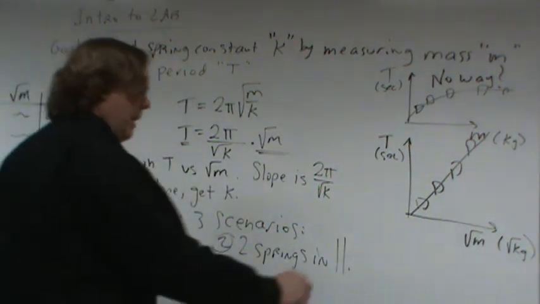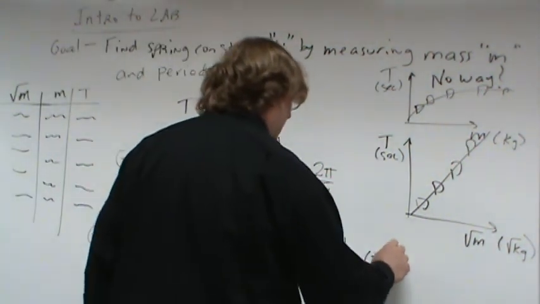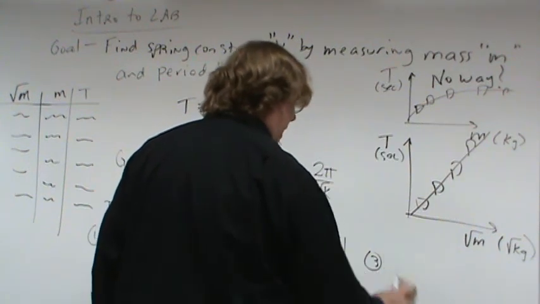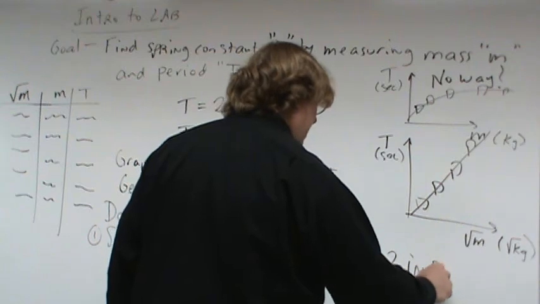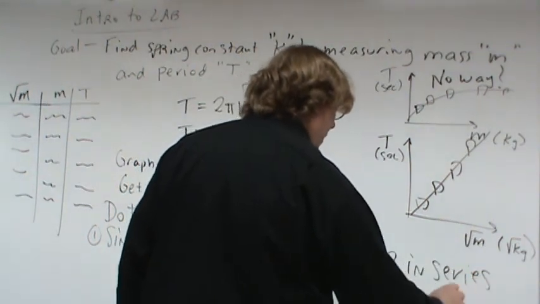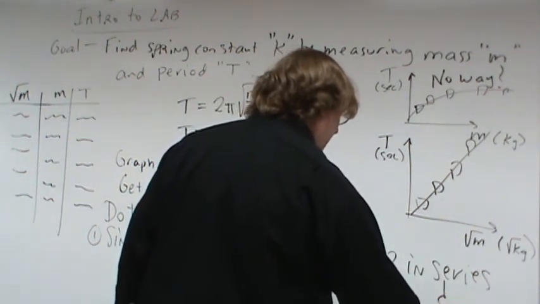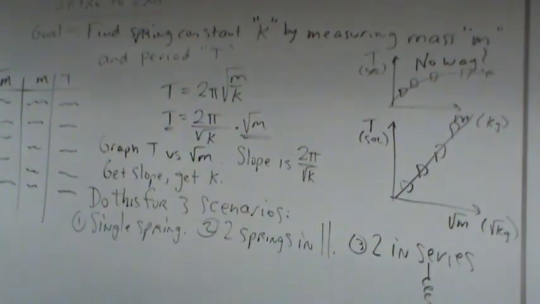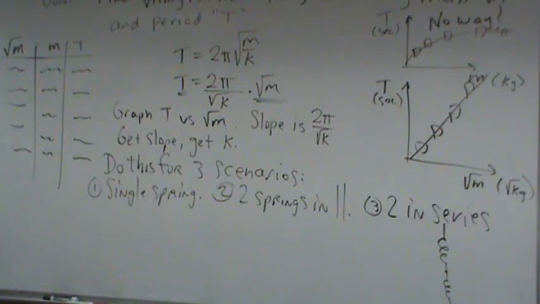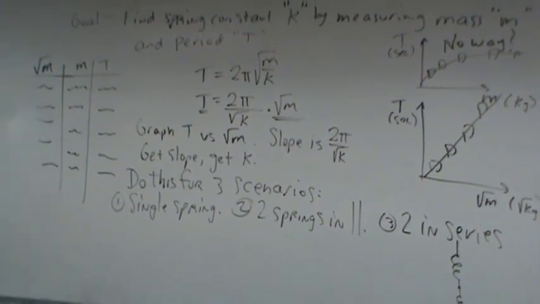And then the third scenario is going to be 2 springs, these same 2 identical springs in series, which means they're connected end to end. That's what I mean by them being in series, connected end to end. And so one of the outcomes of this lab